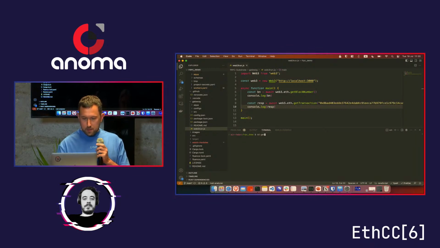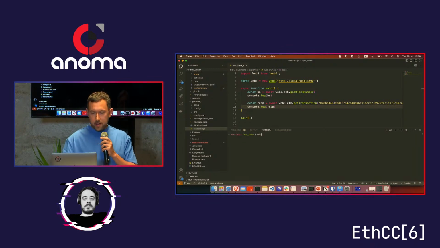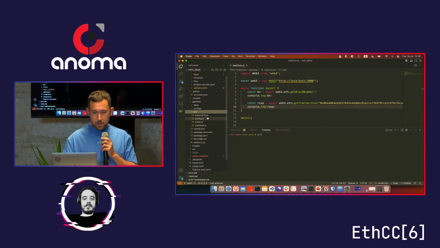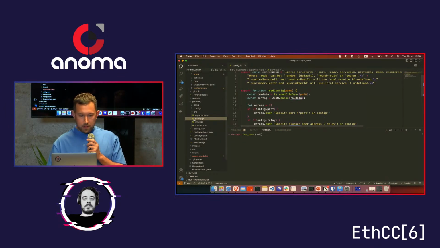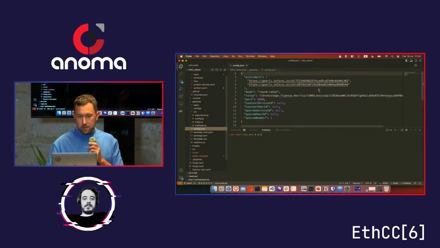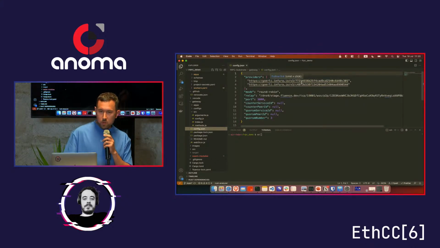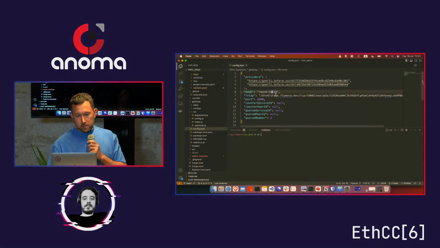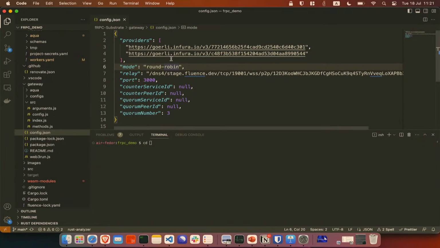What it does is it creates the connection with the Fluence network. You can specify the RPC endpoints you want to work with, the relay you want to work with, and basically the amount of quorum nodes you want to run it against.